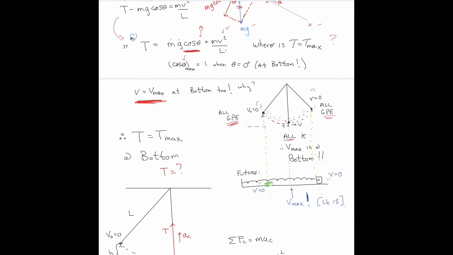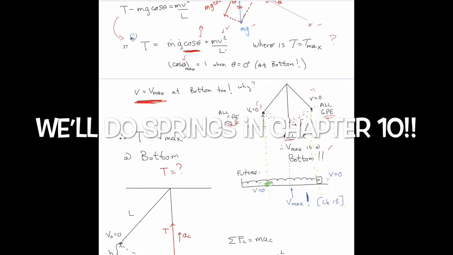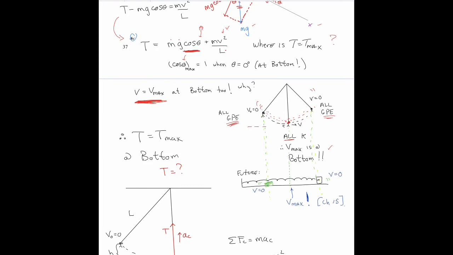So all of the energy is kinetic at the bottom. That means his speed is the biggest at the bottom. We already looked at springs a little bit, so I projected this image down. Look at a mass on a spring, and we'll see in the future when we get to chapter 15 that if this spring oscillates between these two points,